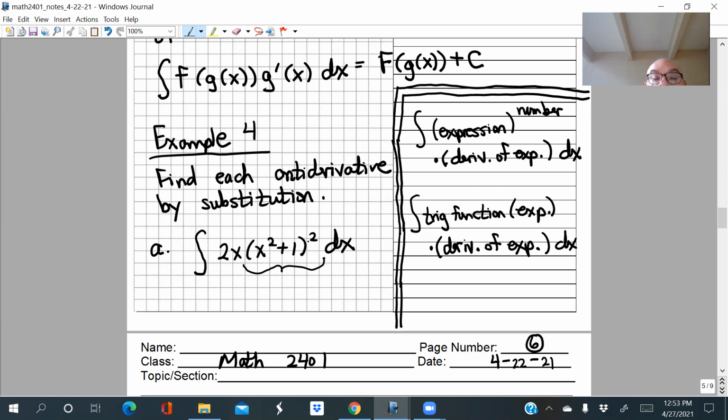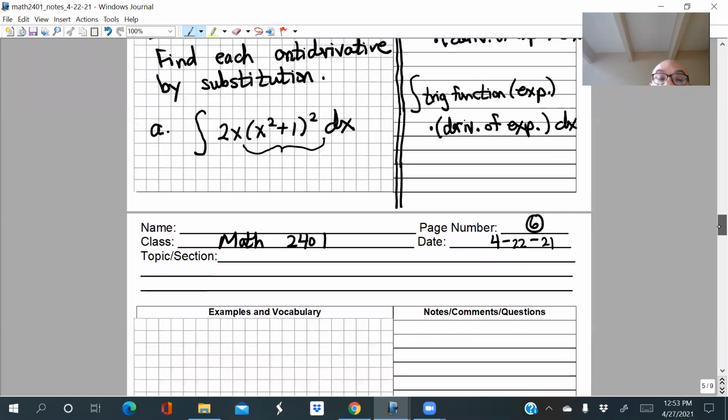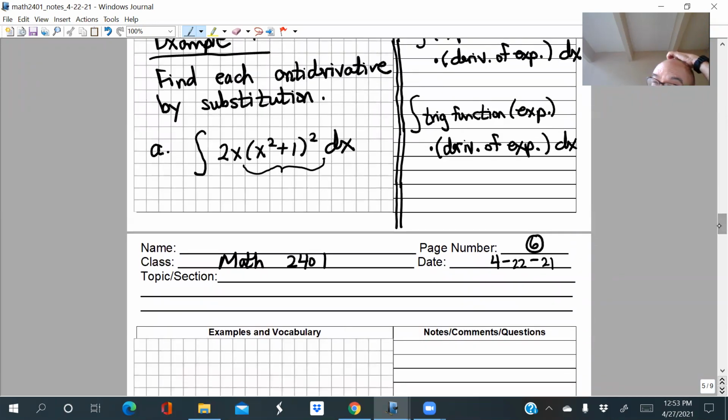Okay, so here we have again this expression x squared plus 1, and we notice that it's raised to this power. Here's the process that I'm going to go through. It's not clear why this is the case when I'm actually doing this, but what we're really doing is reversing the chain rule.